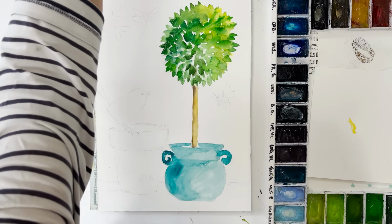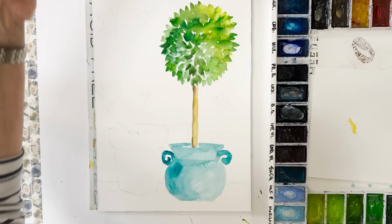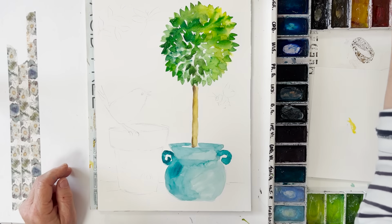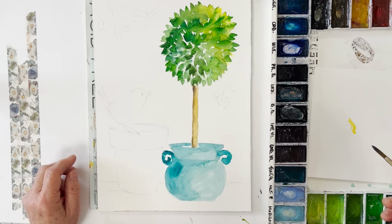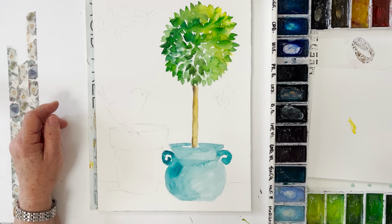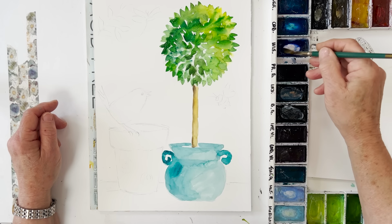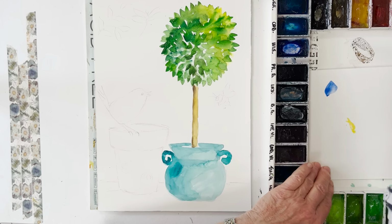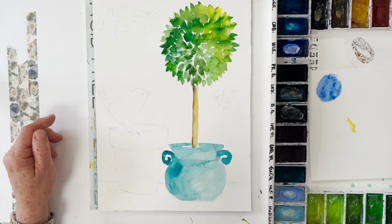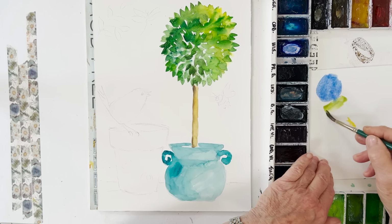The one I have here that I did before, I think that was mostly ultramarine and then a bit of phthalo blue or Prussian blue or something like that on top. And I did his breast in a kind of olive green kind of thing. So ultramarine is this, and the olivey green that I used I don't think came from this set, so it could be that, but